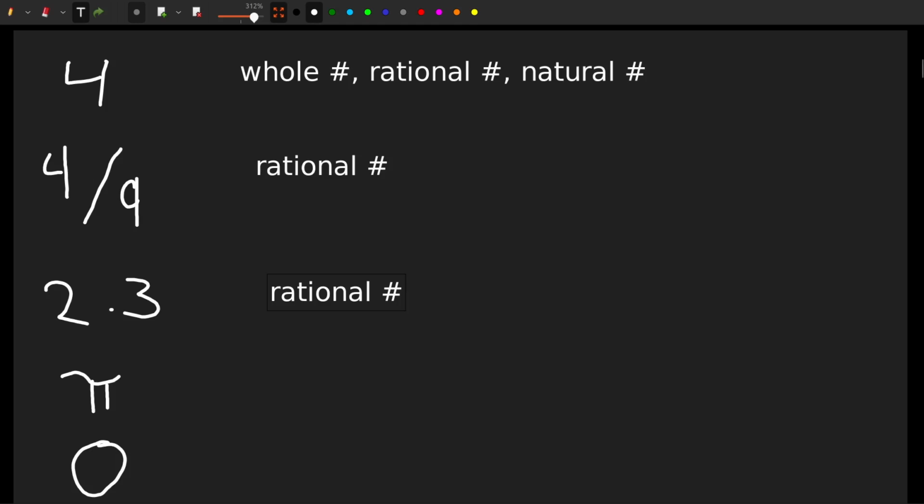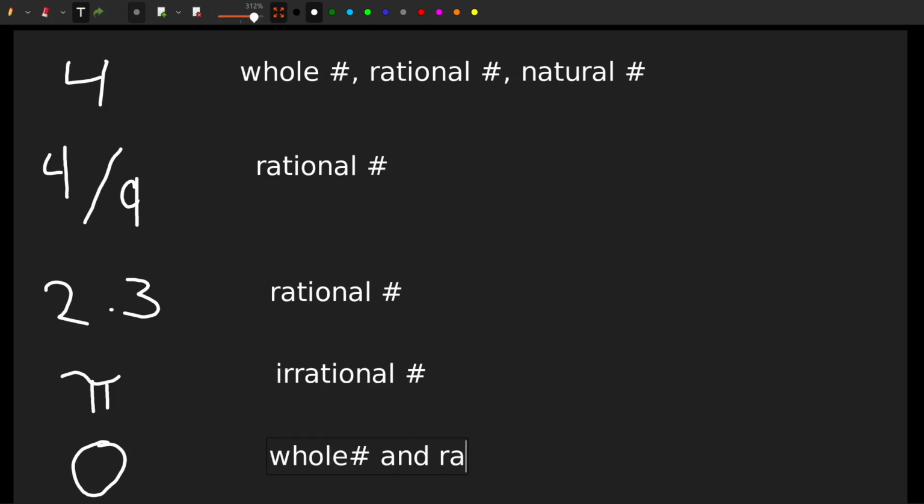And so pi is an irrational number only. It's not any other number. It's not a rational number, it's not a whole number, it's not a natural number. It's only irrational. And the reason for that is it can't be written as a fraction. So therefore it's not rational, it's not whole, it's not natural, any of those cases. The last one on this list is 0, and that is both a whole number and